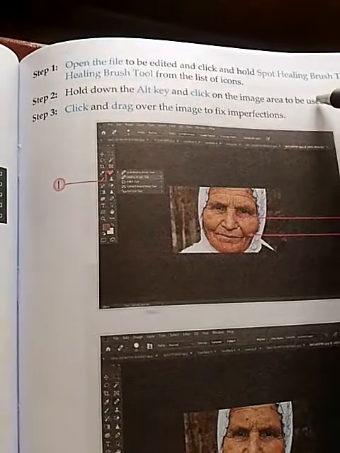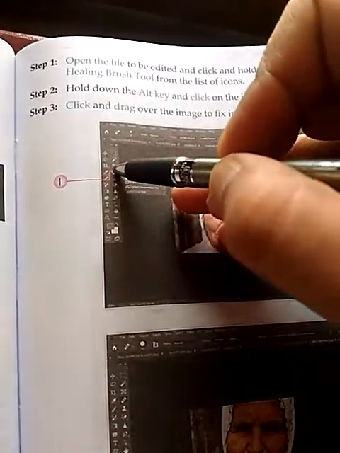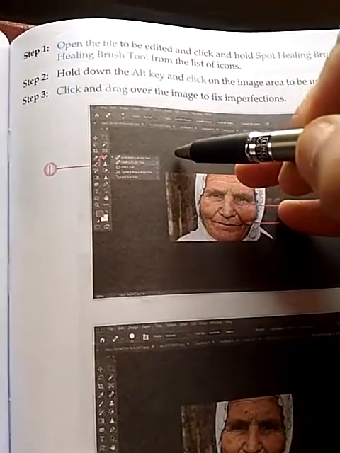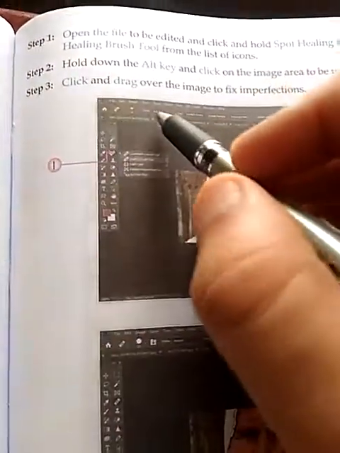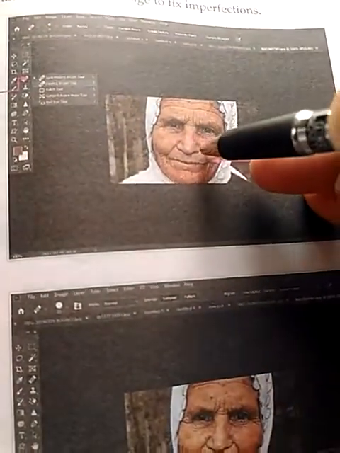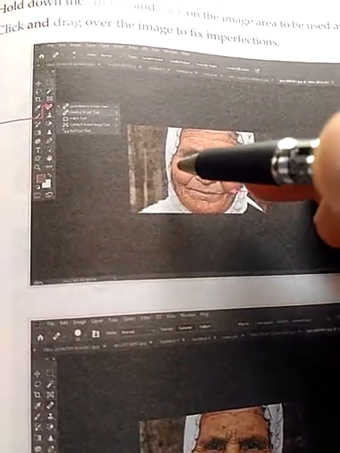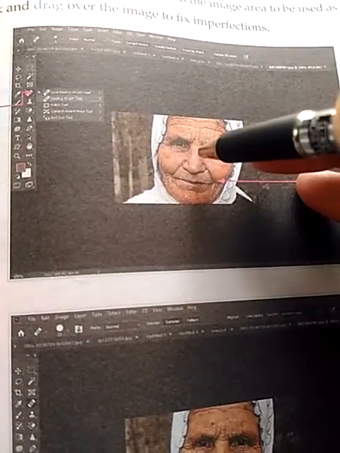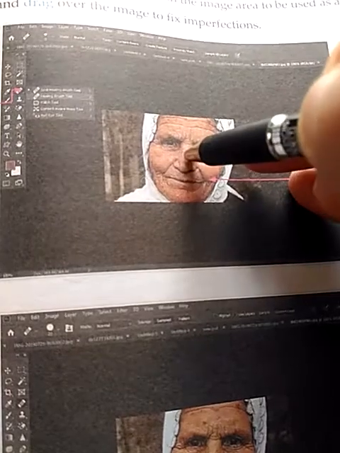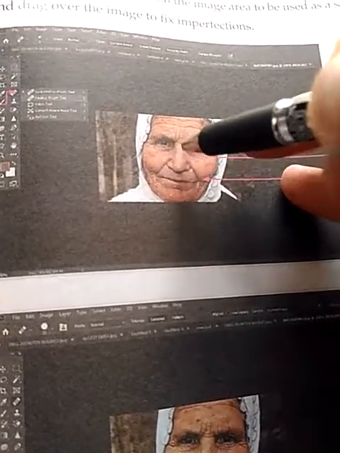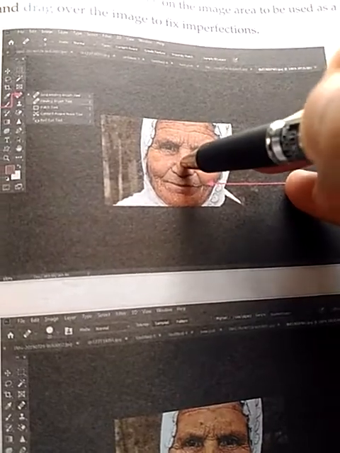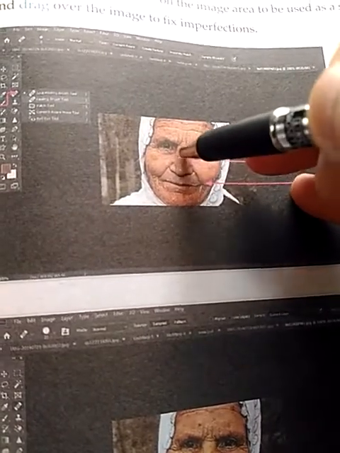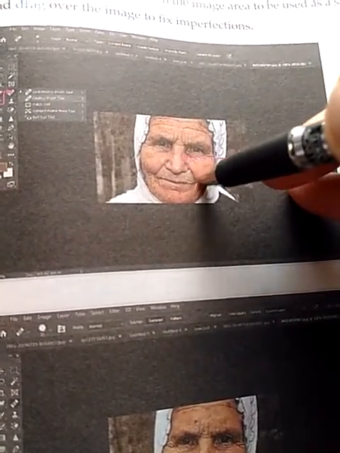Now you can choose the healing brush tool from the toolbar. First you click on this, after that you need to select the healing brush tool. After that hold the Alt key and just click on that portion which you want to copy, means which you want to apply to the particular area. Suppose we have clicked on this particular area, say the nose, then the area which we have clicked will be copied in the clipboard, and when we move the mouse cursor to the destination where we want to apply it, the area which we have copied gets applied over this portion.